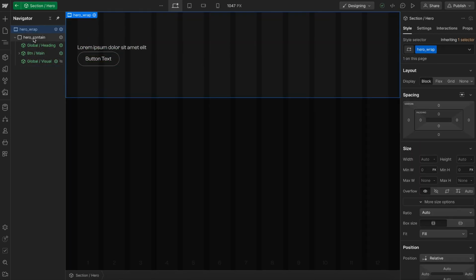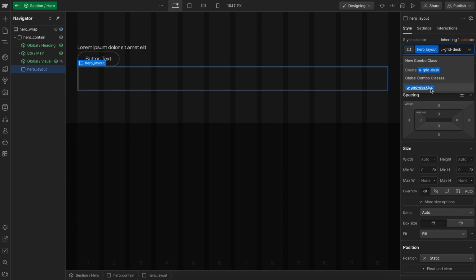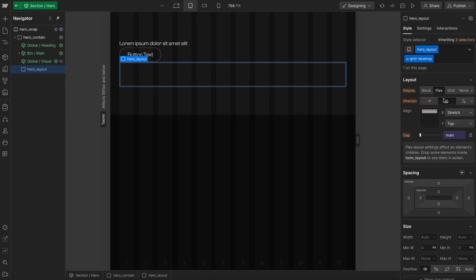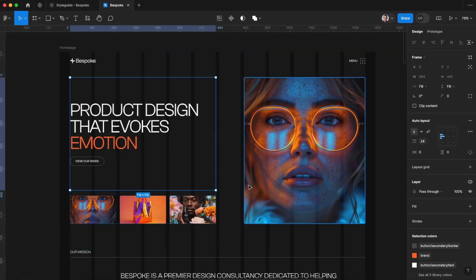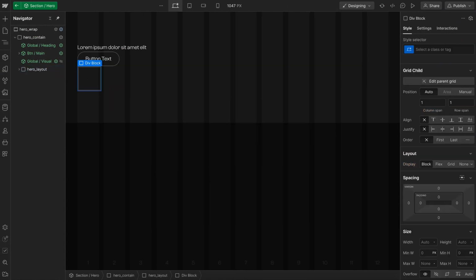And inside this container, let's drop a div with the class of hero layout, and we'll give it a uGrid desktop. So it's a 12 column grid on desktop, and right below desktop, it'll automatically change to a vertical flex so that our image will just stack underneath our content. Now this content block is 6 columns here. Let's go ahead and drop in a div. We'll give it the class of hero content, and we'll give it a column 6 utility so it spans 6